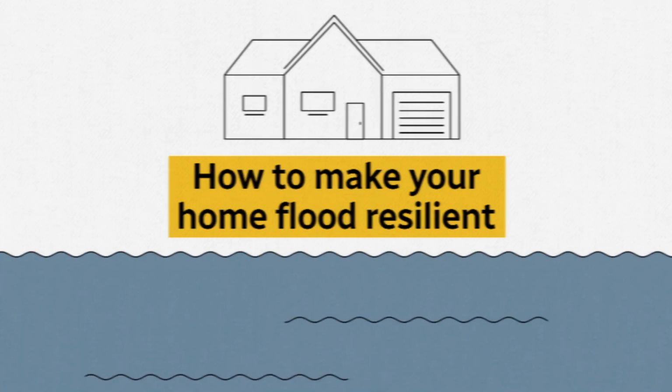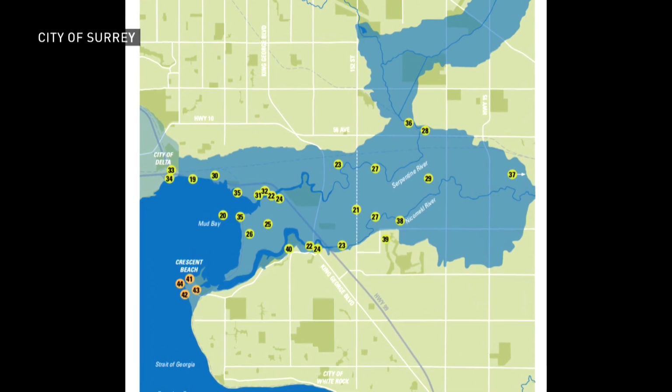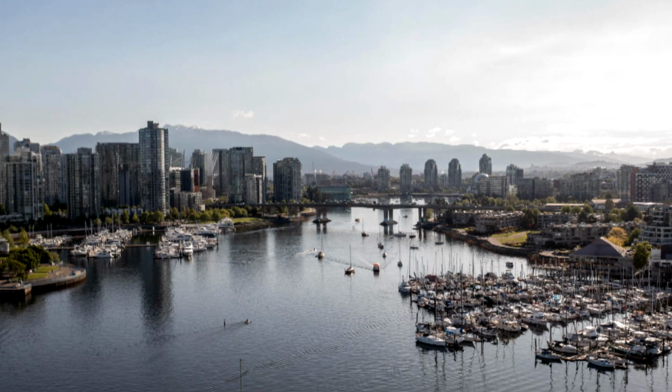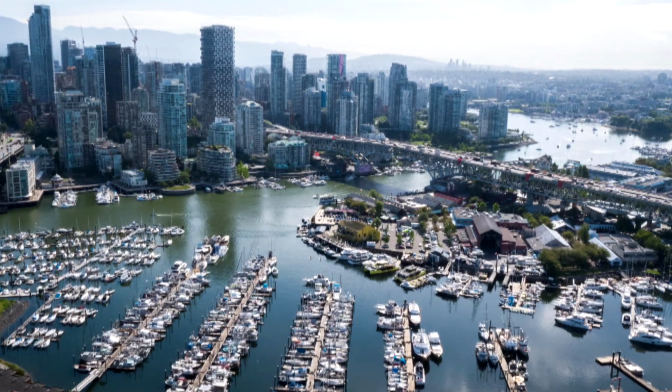The first thing you'll want to find out is whether you live in a floodplain. Officials say ask your local authority for a map, ask your neighbors about the area's history, and find out if the land has been reclaimed, like with Sumas Lake or False Creek, where the shoreline was changed to allow for development. It's important to know what the flood risk is in your area so you can figure out how much